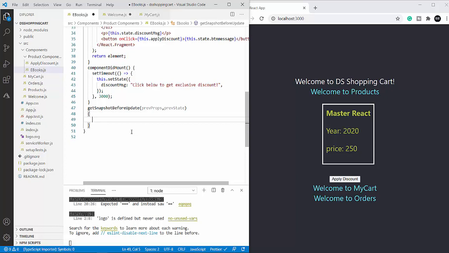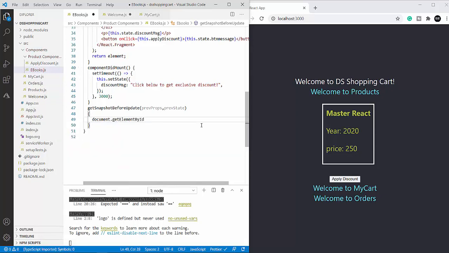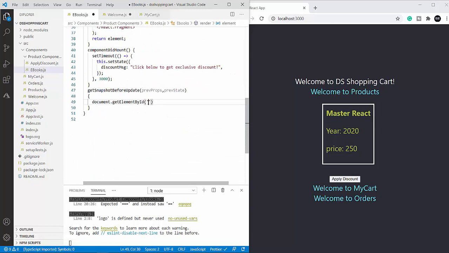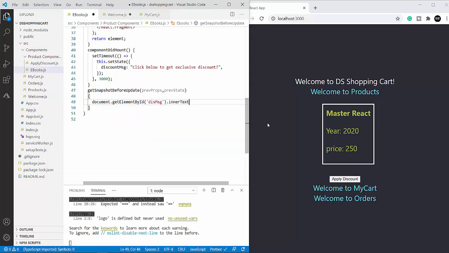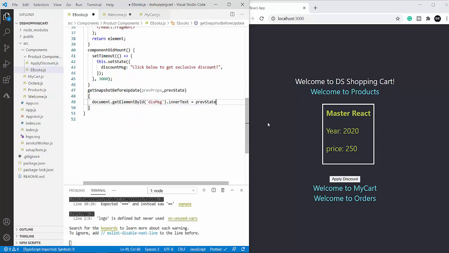And a simple HTML thing I'm going to do over here. document.getElementById of, dot innerText equal to this.name, previous state dot.